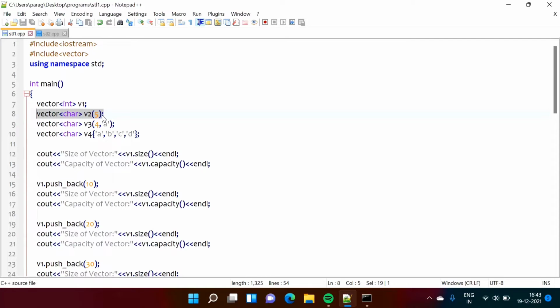Then if you add the 7th, 8th, 9th, 10th element, up to that there will not be any issue. But when you try to add the 11th element, again the capacity will get doubled. Previously it was 10, now it will become 20, like that. So capacity will get doubled.